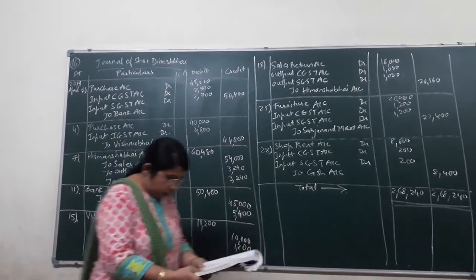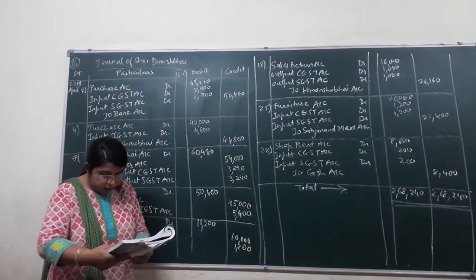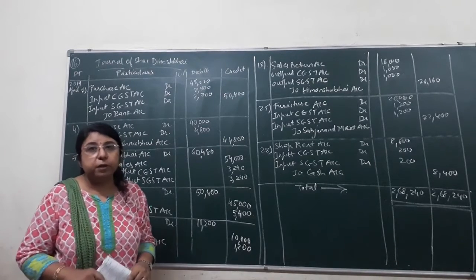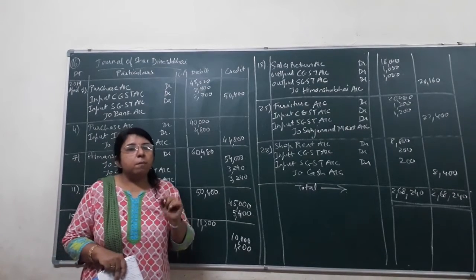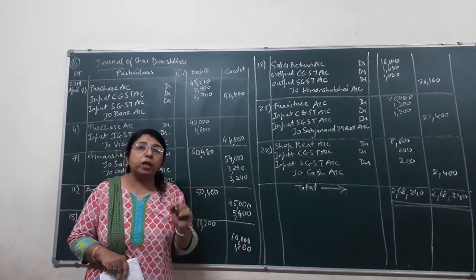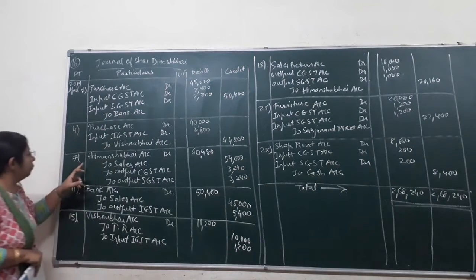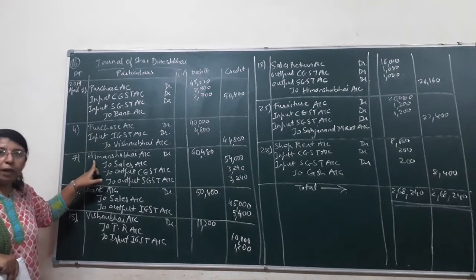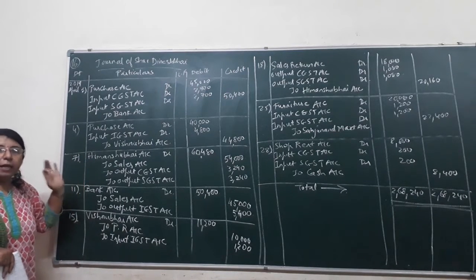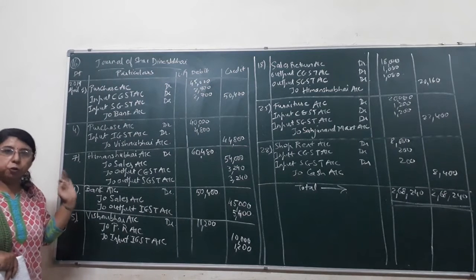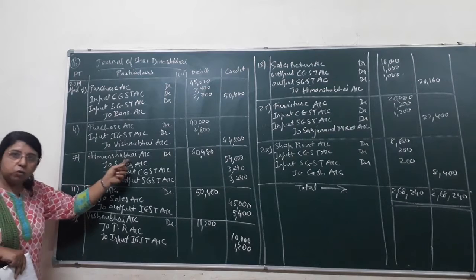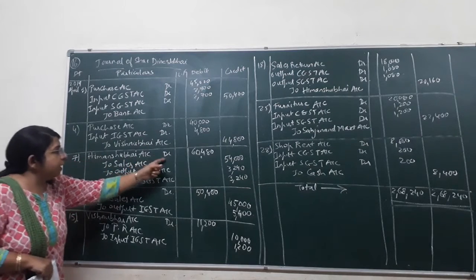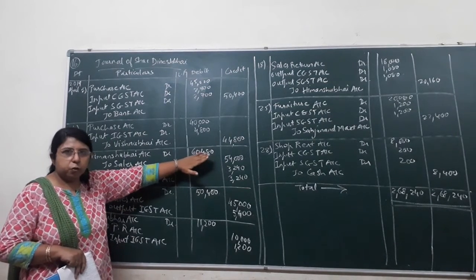Okay. So the goods that are sold of rupees 60,000, on that we have to count 10% trade discount. Then it would come to 6,000. So 60,000 minus 6,000, it would come to 54,000. Okay. So we have goods sold to Himanshu Bhai, and this is a credit transaction. Anywhere the word cash is not mentioned to you, so it is a credit transaction. So Himanshu Bhai is the receiver of that goods. So Himanshu Bhai's account debit. Total, first of all, you don't mention it over here.